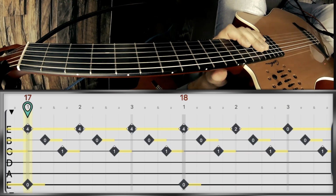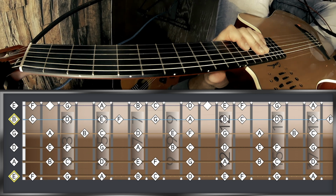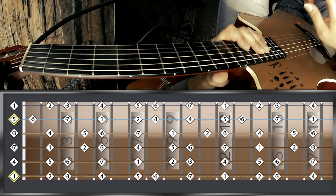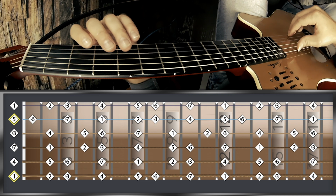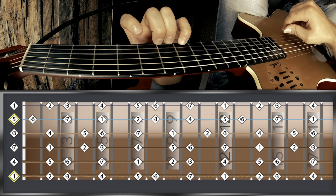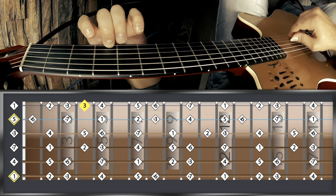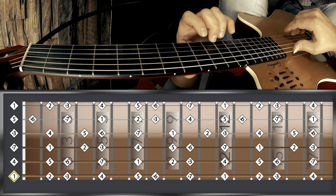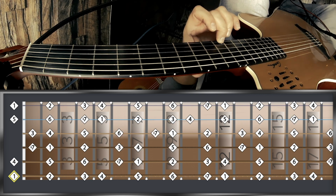Okay, next part. Let's take a quick look at the scale again, because we're going to change from the key of E minor. And the way we turn a minor scale into a major scale, see the flat 3 there, the flat 6, and the flat 7? You've got to push them all up by 1 fret to get rid of the flat. And the way that looks, when we've done it,